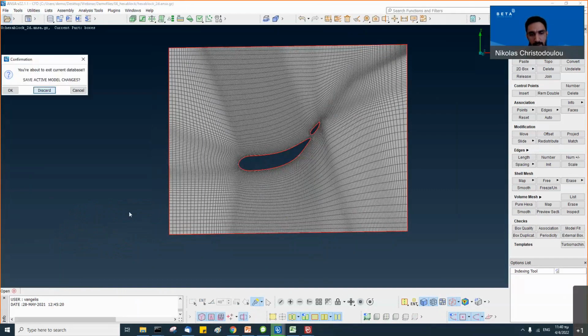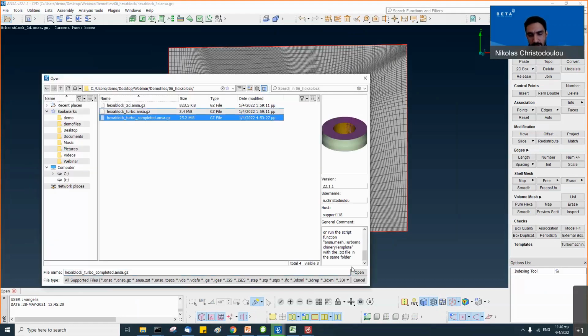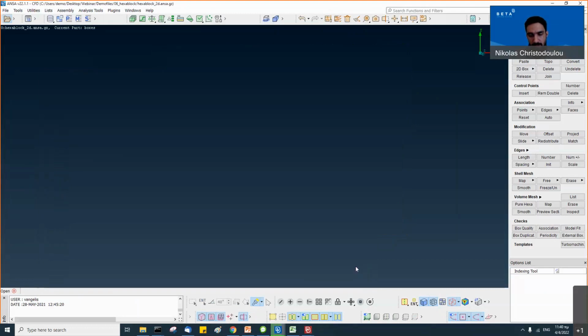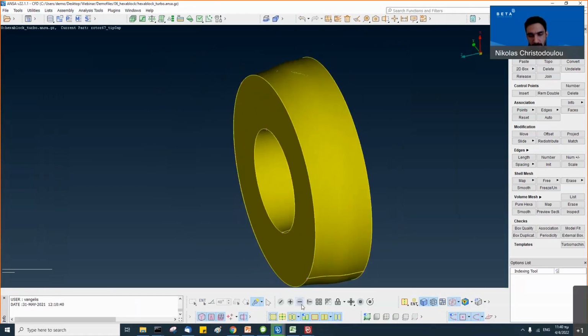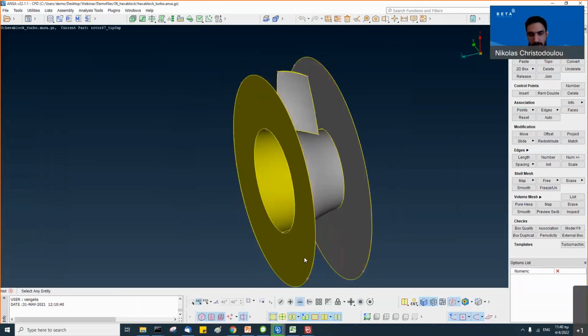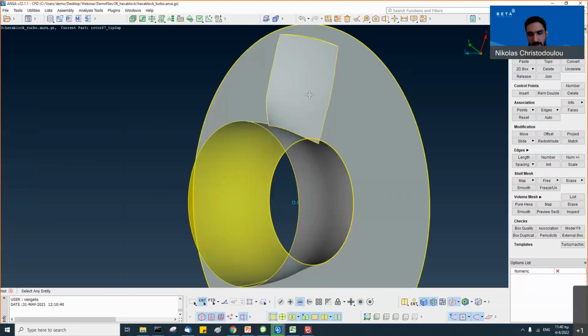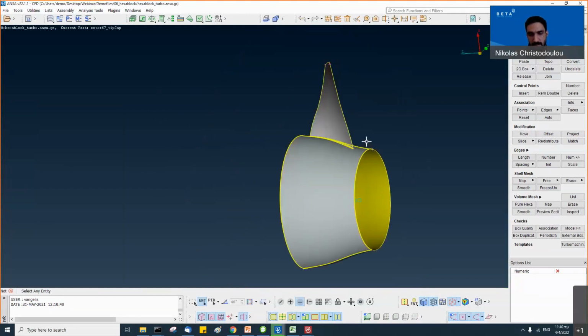Still in the Hexablock menu, let's go and see our new template. So let's see the model. So this is a turbocharger, and we can see here we have one blade.